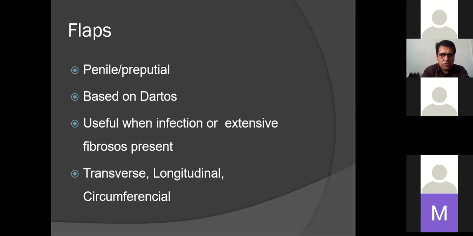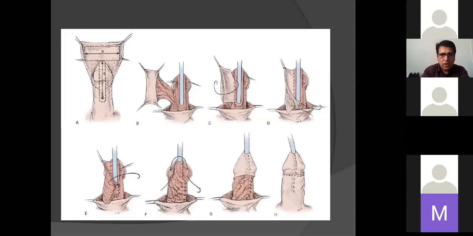Okay, there are flaps also. Mostly the flaps are taken from the penile or superficial skin, but there are other places where you can take the flaps as well. Here is one of the examples that I have put here to make it better understood. Here you can see this is a superficial skin. Here the graft is taken from the superficial skin, diverted and placed over the urethra over here, and then it is closed. In this way, you can take a graft and place it over that part of the urethral stricture.